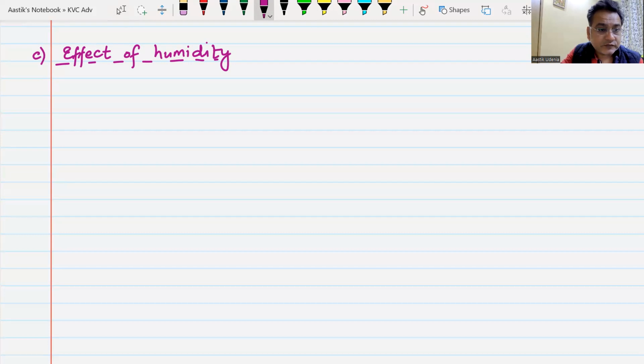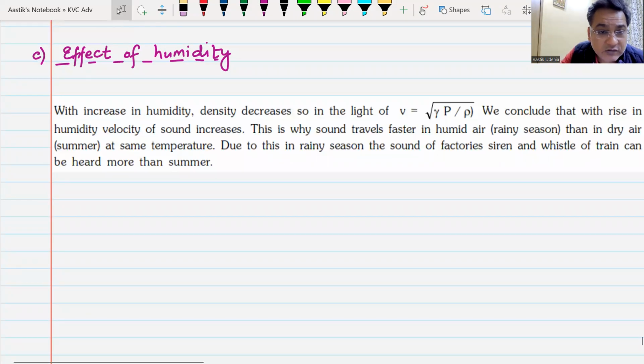Now, when humidity increases, the density of the air actually goes down. Yes or no? Do we understand what I'm saying? Yes, sir. When humidity increases, the density of air goes down,